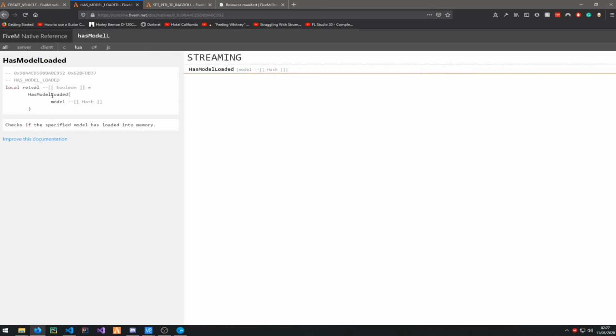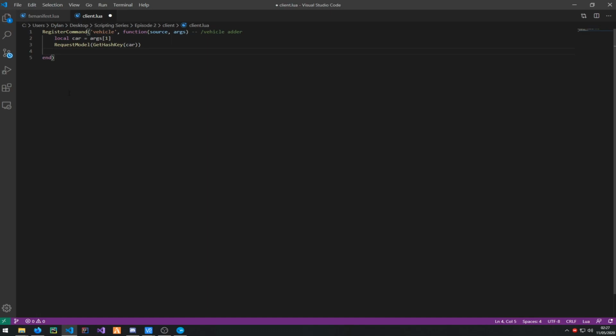So this is to check if the model is loaded, and all you need to do is type while not has model loaded, and then in here we want to do car, or is it looking? It's looking for a hash, so we'll take this away, and right here surround this with get hash key,